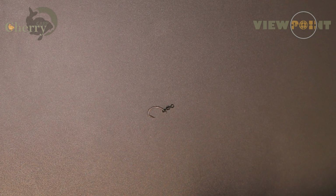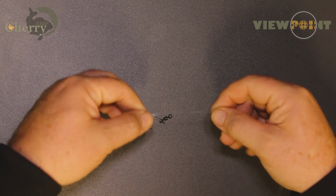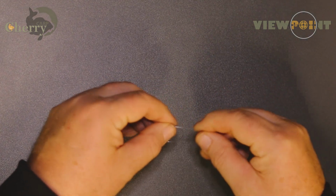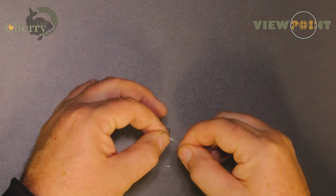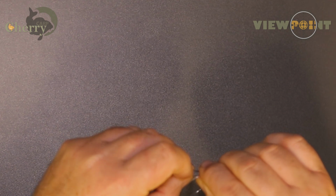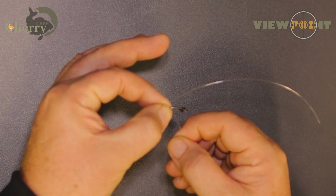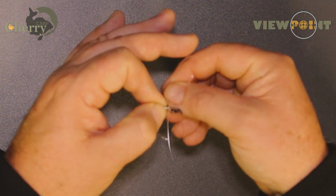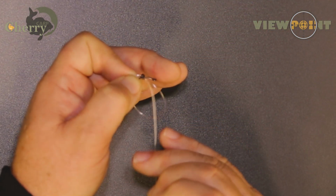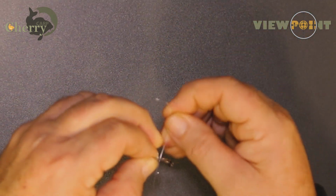We're then going to take a piece of mono and we're going to form a mouth or a loop, just like that. We're going to take our hook and we're going to clamp that mouth. Because this is a grinner, we're going to clamp that mouth to the shank of the hook. We're going to come in behind the shank and through the mouth once,